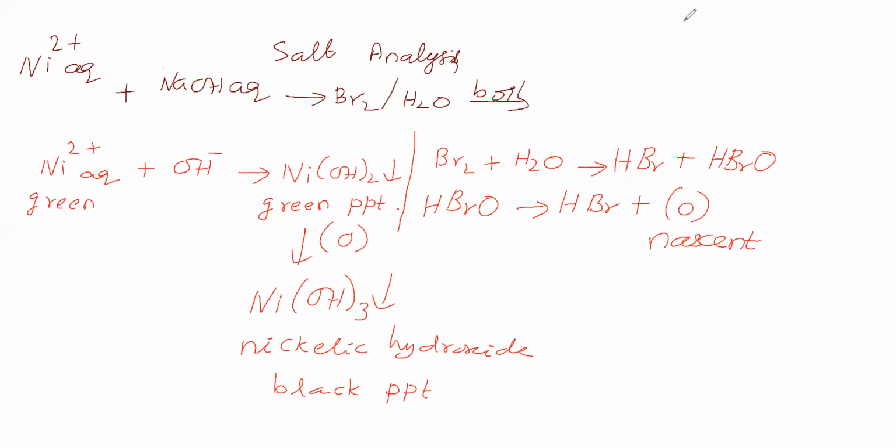Sir, what is taking place here? Here the nickel oxidation number is +3, whereas there it is +2. So +2 nickel is converting into +3 nickel. The +2 nickel undergoes oxidation while oxygen undergoes reduction. So Ni2+ becomes Ni3+. Here Ni(OH)3 is called nickelic hydroxide, a black precipitate, whereas Ni(OH)2 is a green precipitate. This is the test for Ni2+.